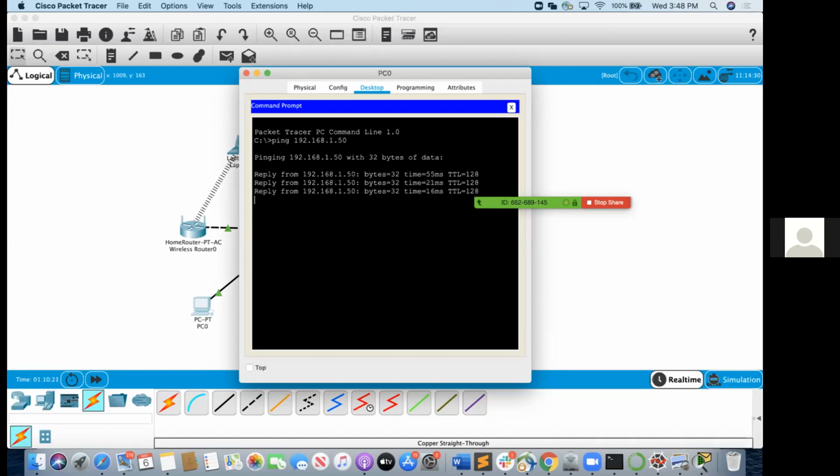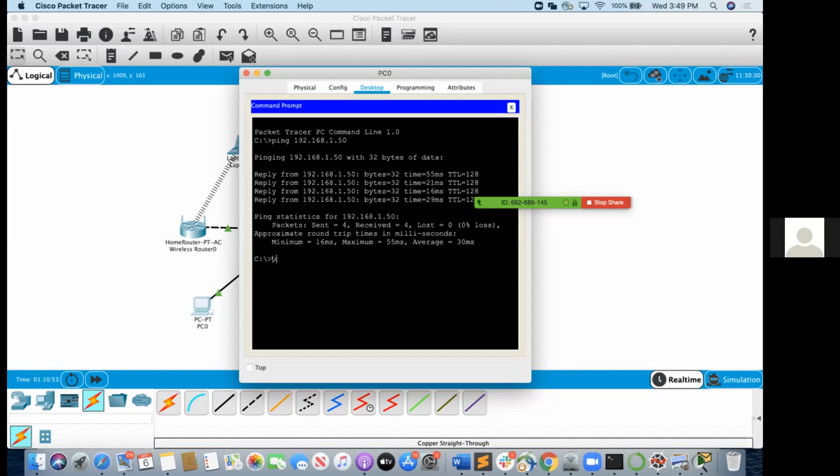So we see that we are getting replies, which means our connection is good. Sometimes, however, you can observe a single timeout, but you do get subsequent replies. If there are 1 or 2 timeouts but you get successful replies, that's still fine, because you tried to ping it before the connection was set up. But if you get all timeouts, then that is an indicator that your connection is faulty or there is some error in the network setup.